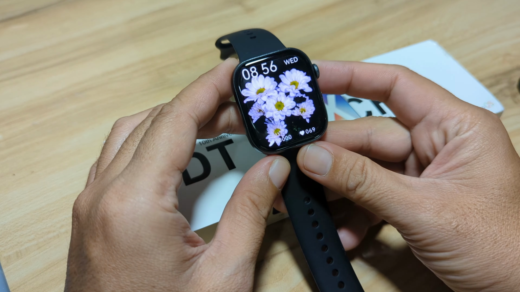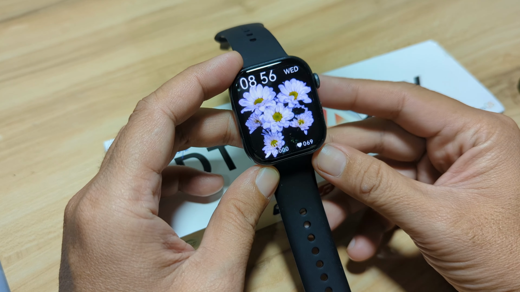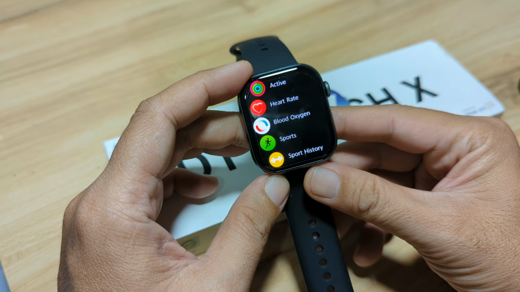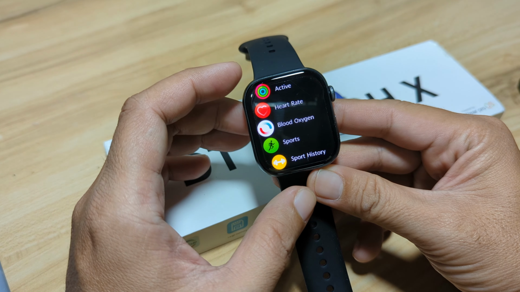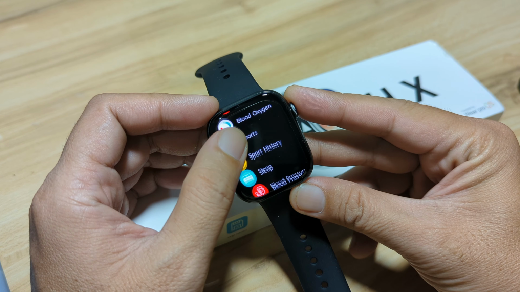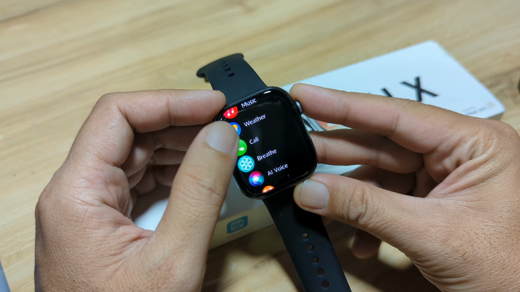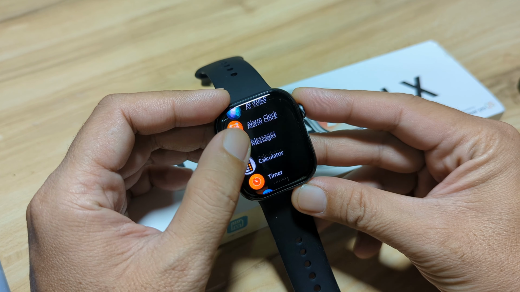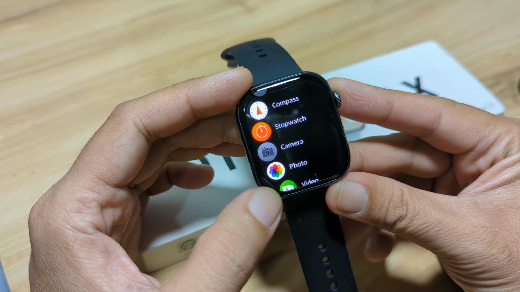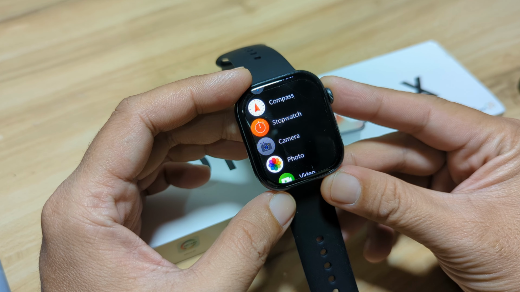This wearable is one of the few smartwatches in the market with the option to customize the wallpaper or the background. So this wearable has an option to add your own wallpaper, and that is what we are going to show you in this video.